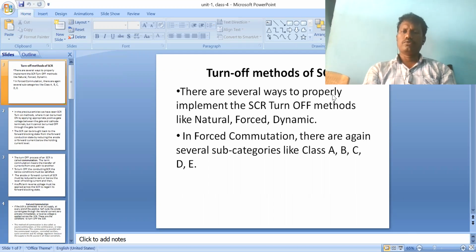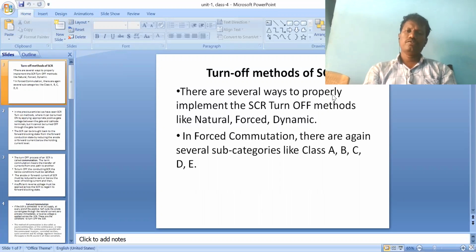The turn off of the SCR. Why should you turn off the SCR? Suppose we give a DC supply to the SCR continuously to turn it on. There is no turn off state by giving the DC supply. During those conditions the SCR stays in the on state and does not turn off when given DC supply.